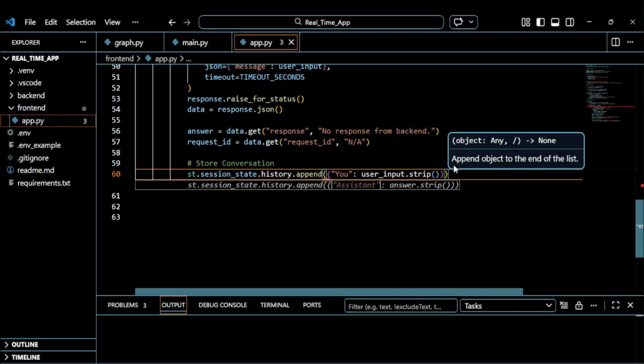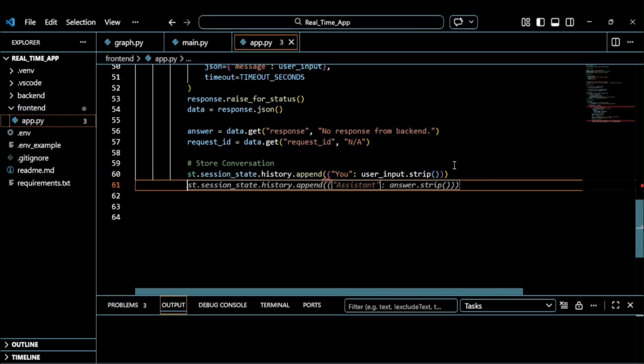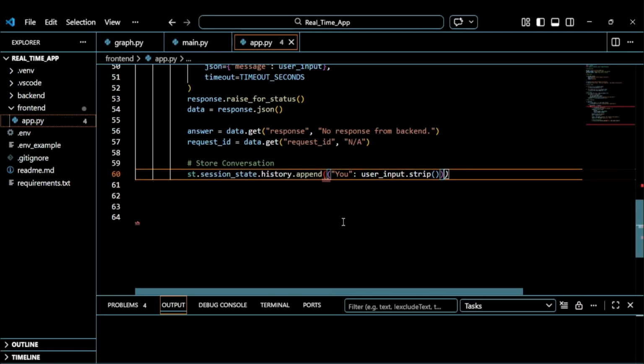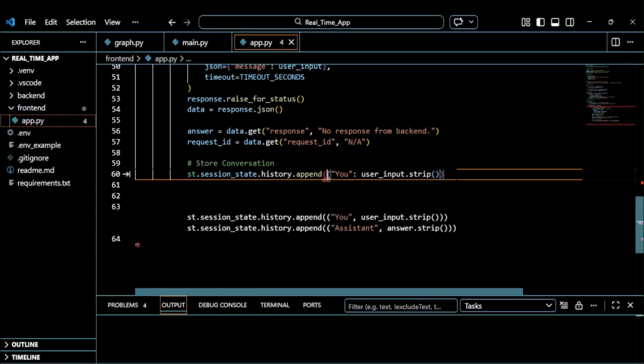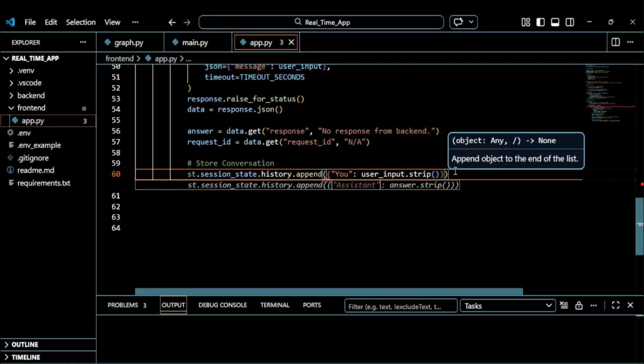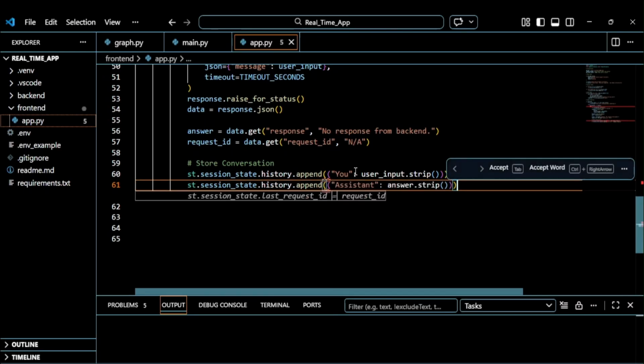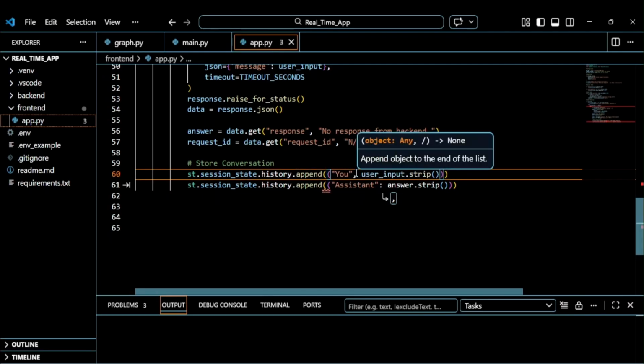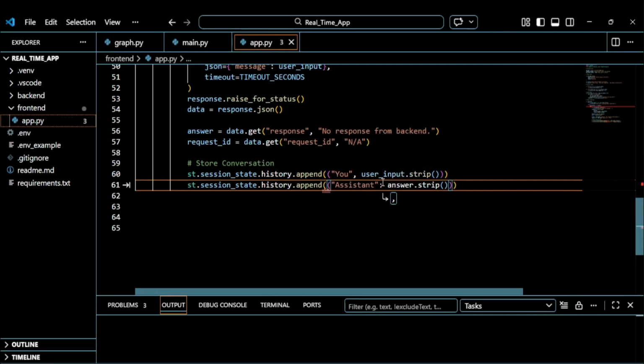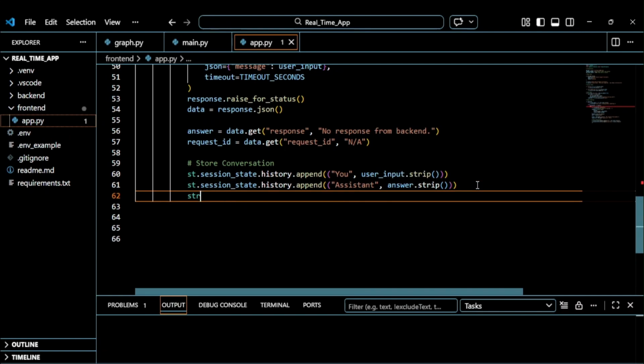One more extra dot append, one more. Similarly, I want to write for the assistant also. So here I have to say you. Similarly, assistant answer dot strip. Similarly, now we have to